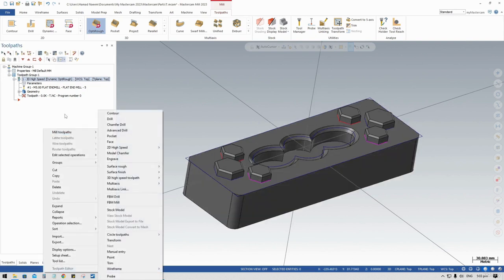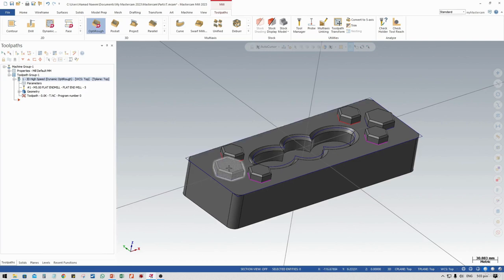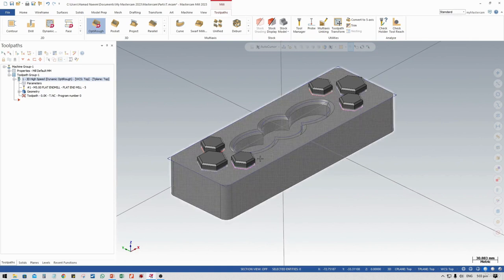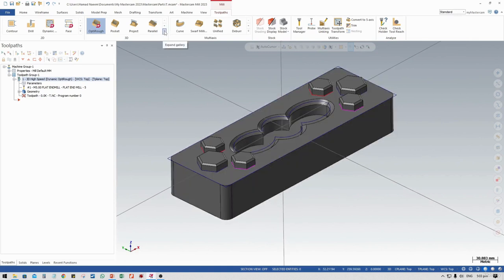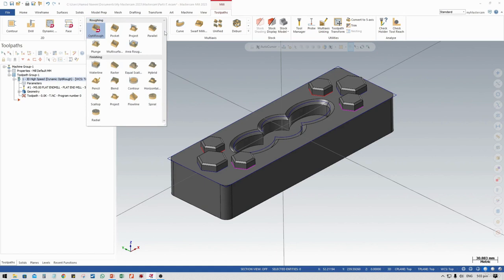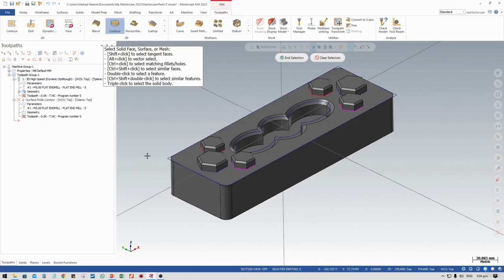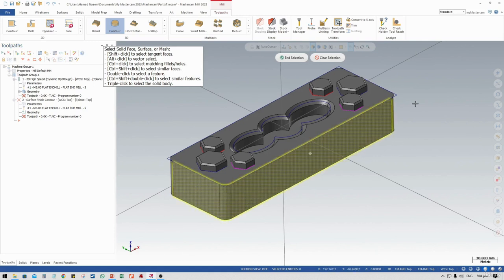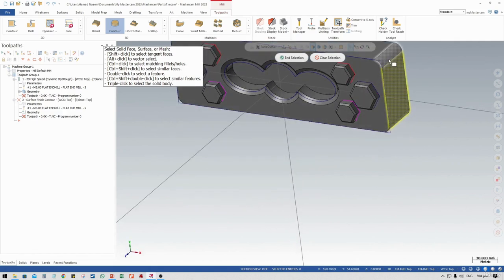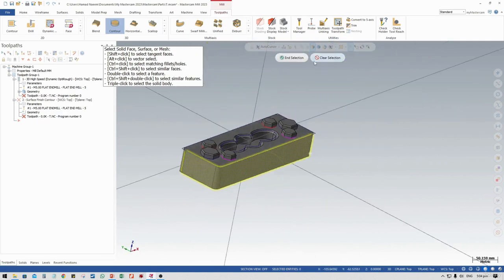You can either create some new strategies, as you know that our machining strategy is being generated, or you can apply some other strategies. For example, we are going to apply the contour strategy. The contour strategy applies on the outer surfaces, just like we did on the 2D toolpaths. So I'm going to select the outside surfaces, which I just want to machine. Just select all these